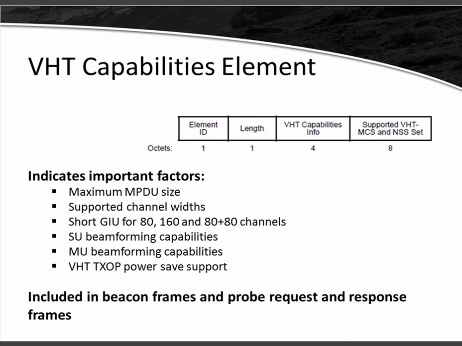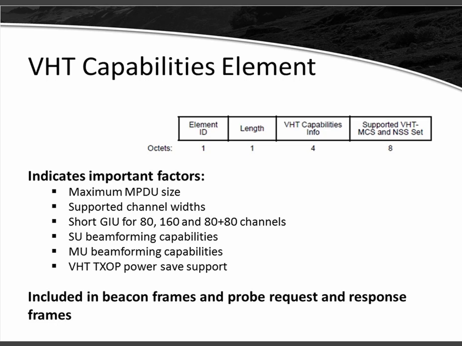Now, one of the things that's obviously going to be added, if you're familiar with frame analysis in 802.11n, is VHT Capabilities Information. So the VHT Capabilities Info, or just Element, it's called both things. It's called the VHT Capabilities Information Element, and it's also called the VHT Capabilities Element within the standard. Mostly within graphics, you'll see the word info or information, and then within text, you'll see Capabilities Element. The concept is that this chunk of bits, which as you can see here is 14 octets long, 1 for the element ID, 1 for the length, 4 for the VHT capabilities info, and then 8 for supported MCS